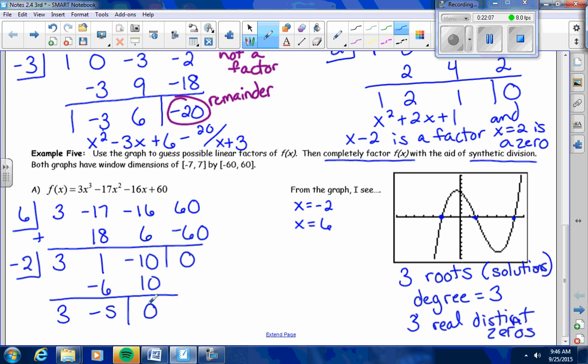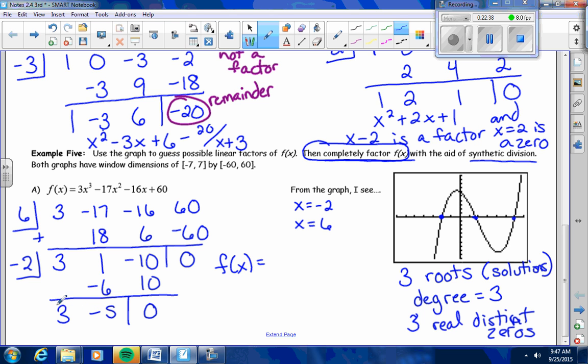Okay, so I'm looking at all the factors because my goal here is to completely factor f of x. When we originally looked at f of x equals 3x cubed minus 17x squared minus 16x plus 60, can you just look at that and automatically factor it? Nope, it'd be a little challenging. But with synthetic division, we've broken it down to all the factors. So f of x equals,